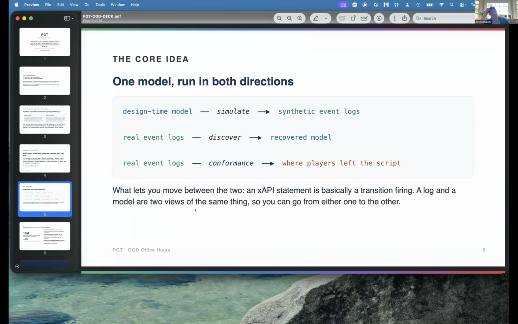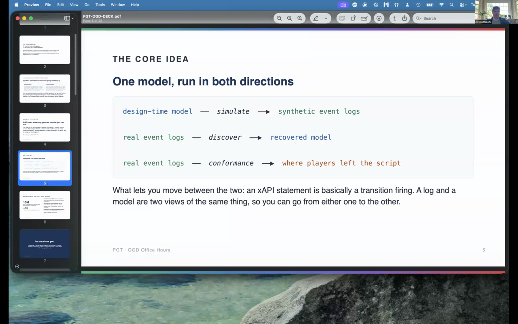Some of the ways I was thinking about these flows: you can model your game and use that to simulate data, and you wind up with synthetic event logs. But I also wanted it to run both ways. If you had real event logs, you could parse them and maybe recover a game model from that. And then with either type of event log, synthetic or real, you can do all sorts of conformance checking, finding deadlocks, finding end states. All sorts of things with that formal model of the game interaction space become possible and checkable, even automatable.